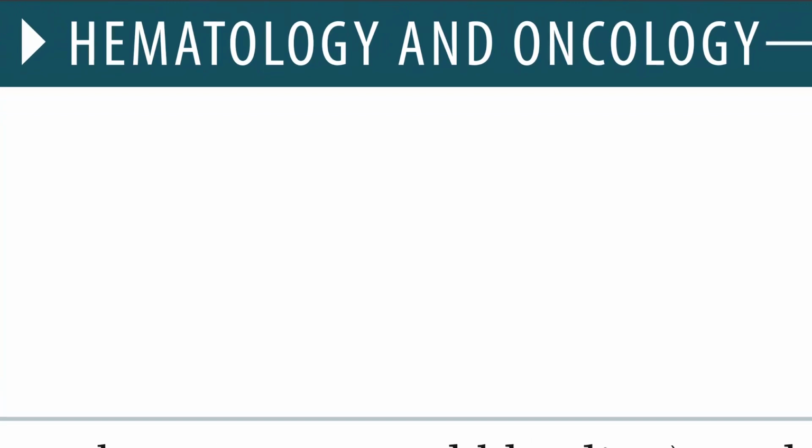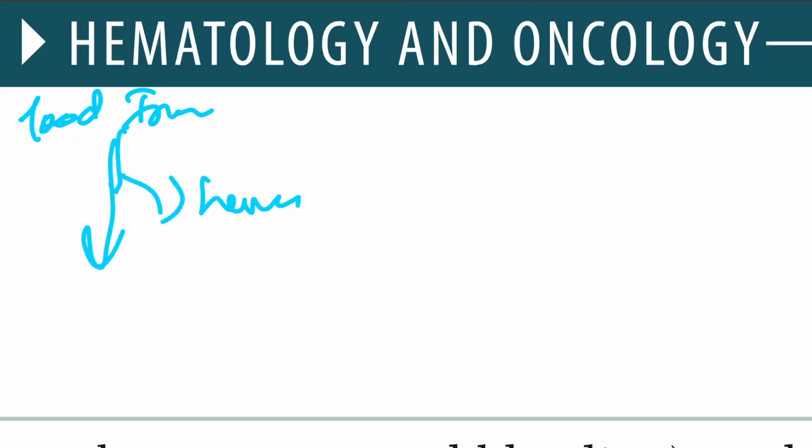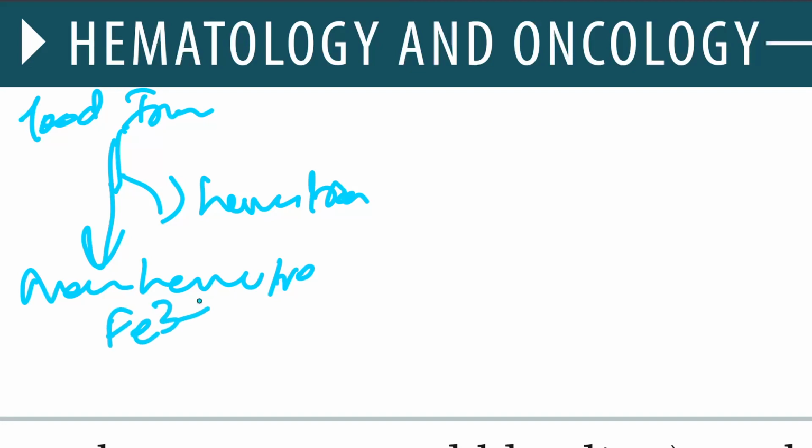Let's just do it here. Okay, so we have the food iron that is in two states. Either we have the heme iron or we have a non-heme iron. Non-heme iron meaning that is in the Fe3 state, and heme being Fe2 state. Fe2 is more readily absorbed, and Fe3 has to be converted back to Fe2 state to get absorbed, and that is done by the enzyme